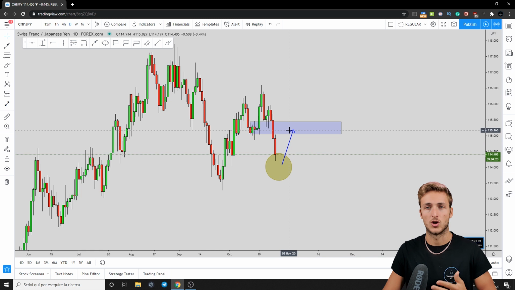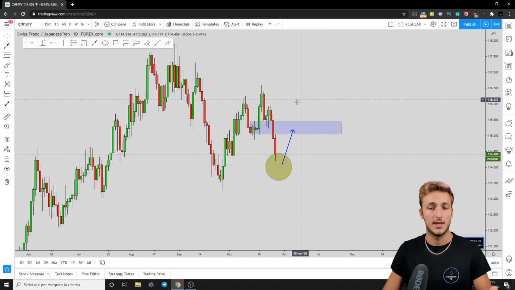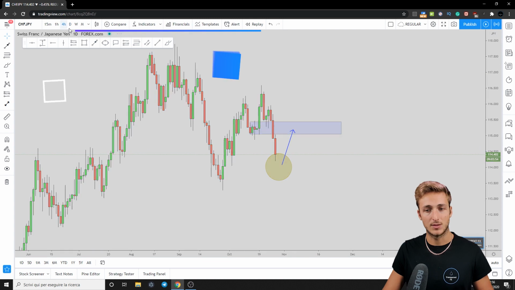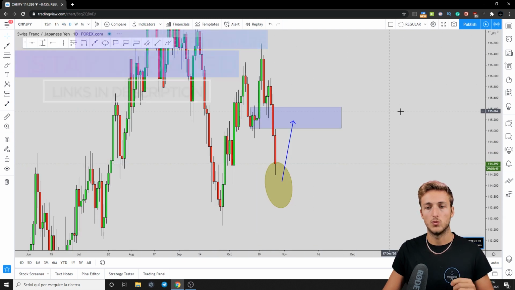Also rejection of the monthly previous resistance, now turn support, and completion also of the weekly M formation as we have seen on all the time frames. Obviously, we have new report coming out on Friday, and if that will show also more longing for CHF and more shorting for the JPY, if we still haven't completed the pattern, that will also increase even more the probabilities of the setup. But as usual, we have to be reactive and not predictive. And at the moment, we still don't have any confirmations on the 4 hours. So it's definitely time to wait for